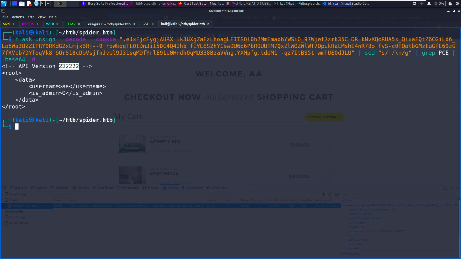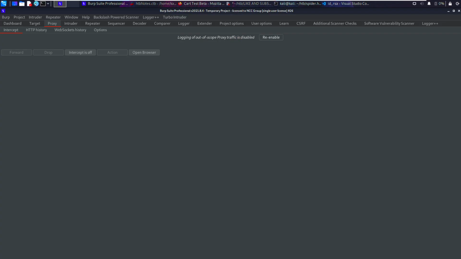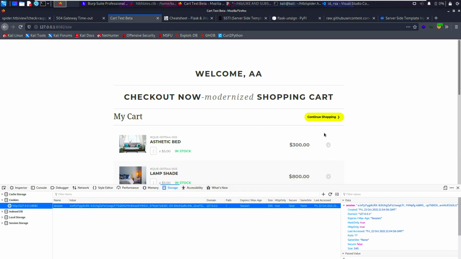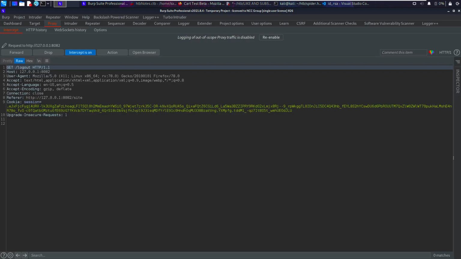So basically we control this and we control this. Sweet. So immediately I was like, right, okay, basically this is XML injection, XML Entity Injection. So what I need to do is create an external entity here, and reference it down here. So simply what I want to do now is go into my intercept, log out, hit forward,